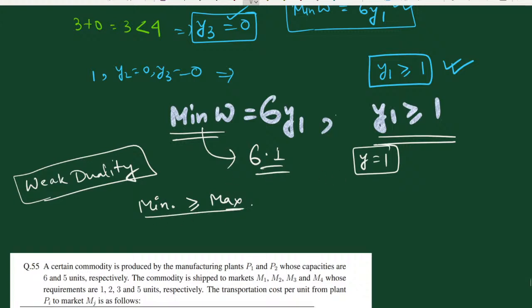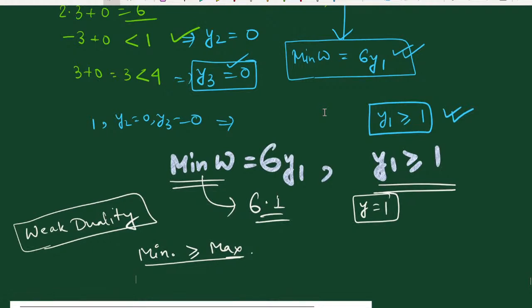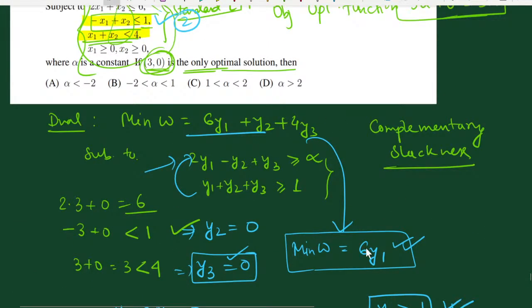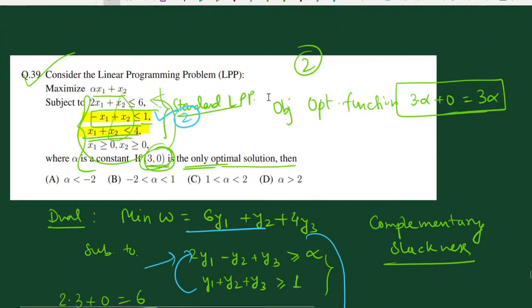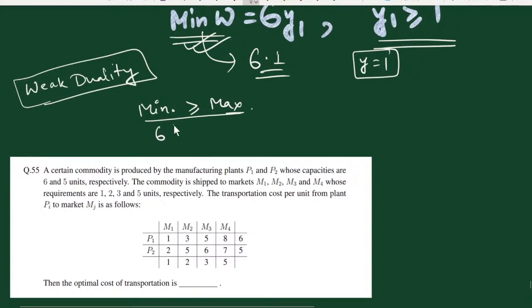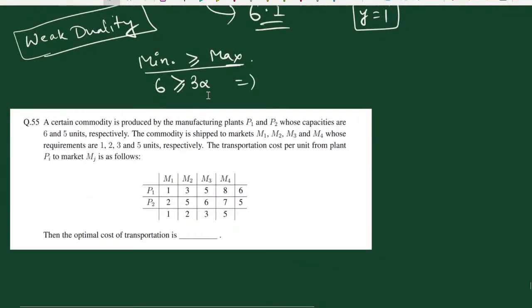So the objective function value of the minimization problem is equal to 6, and the objective function of the maximization problem, that is the primal problem, is 3 alpha. So 6 is greater or equal to 3 alpha. That means, sorry, 6 is less than or equal to